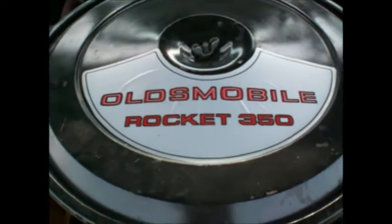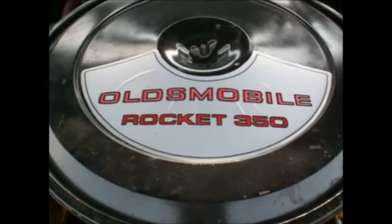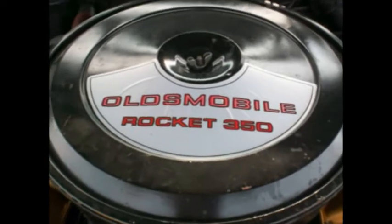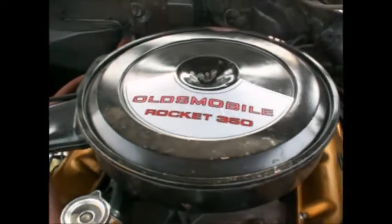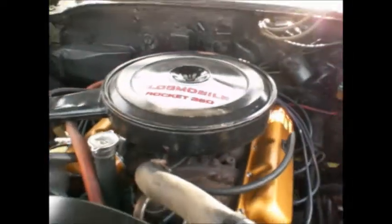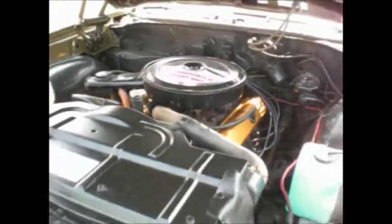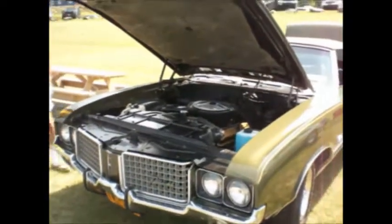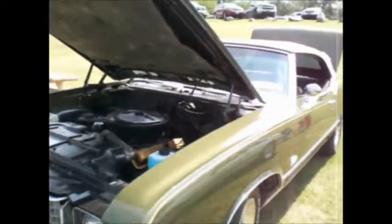Rocket 350. I'm going to show you the rest of this car, and it might be one of the rarest Rocket 350 Cutlasses you'll ever see. It's not a 442, it's not a W31, it's just really weird. It's a '72 Cutlass convertible,